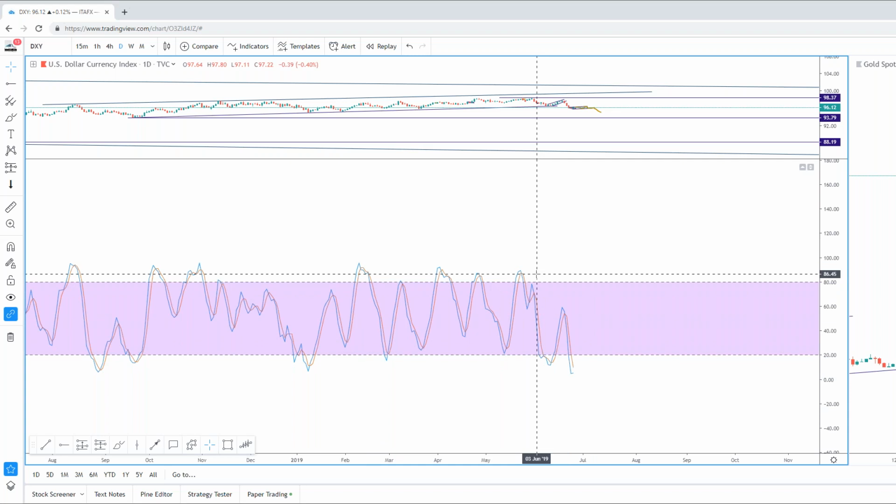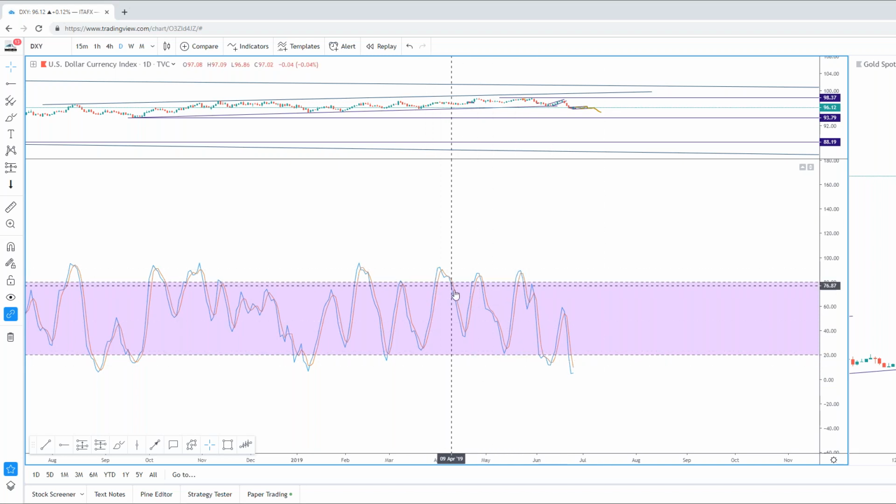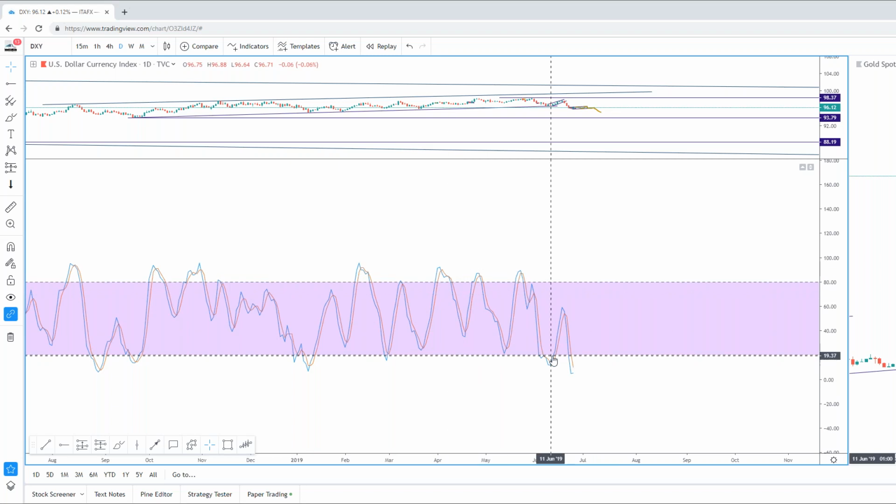Some individuals like to pair them up with other laggard indicators or areas of subjective support and resistance, where they're looking at combining those pieces of tools together. One of the best ways to trade the stochastic indicator is not when it enters overbought or oversold, but when it actually exits overbought and oversold. Now, what that would in essence mean is that you're missing out on a potentially large chunk of the move.